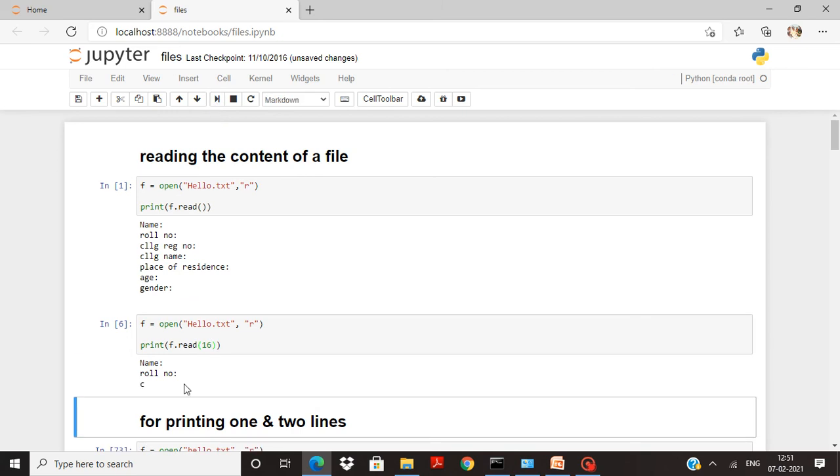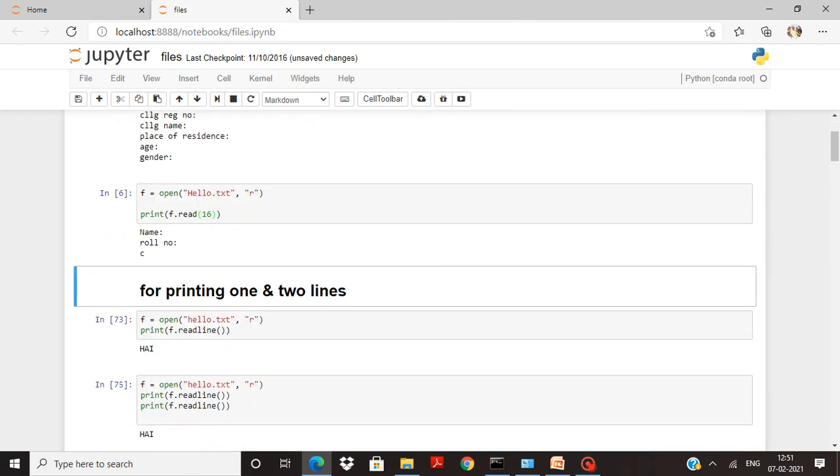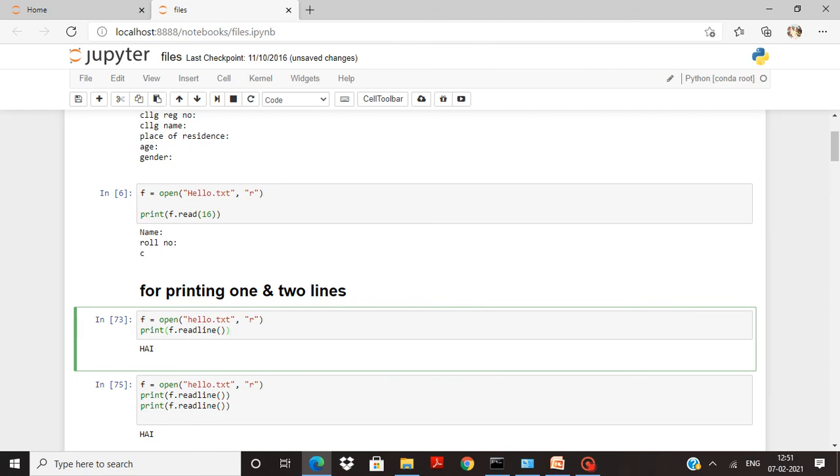Check. Look, C, that is the college name, that is the college register number. C is printed here. I hope up till this it's clear. Okay, next we are moving on to the next part, that is if I want to print the first line